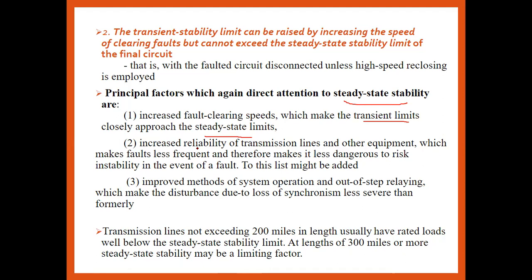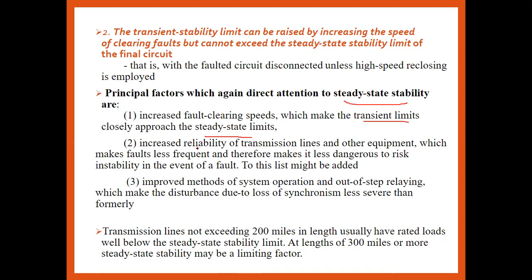Meaning what? We have to use advanced methods for system operation to make the system more stable, such as out of step relaying and automatic reclosing, which make the disturbance due to that, what will happen, the synchronization effect less. The synchronization will be affected because there are huge fluctuations between the generating station and the load, or the normal load is steady but huge load fluctuation is there, or auto reclosing and frequent switching is there, and the transient